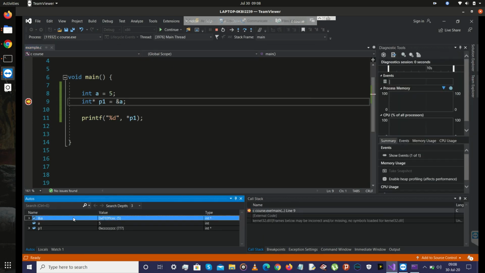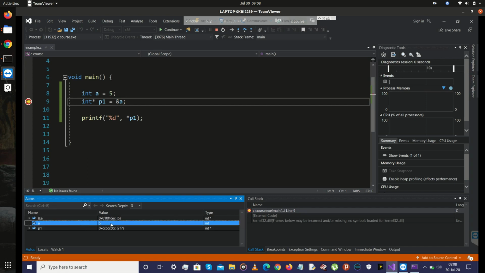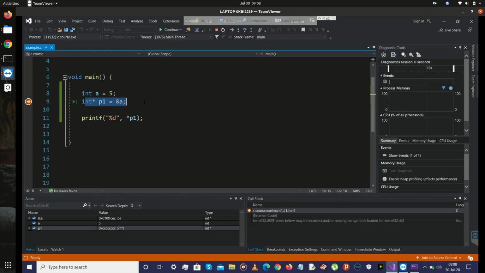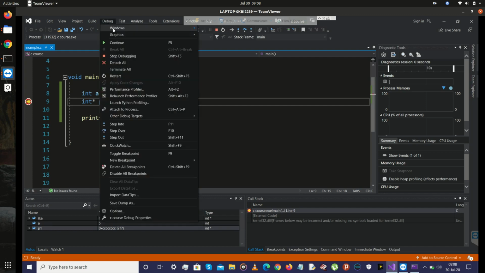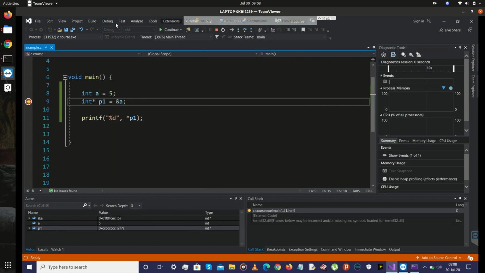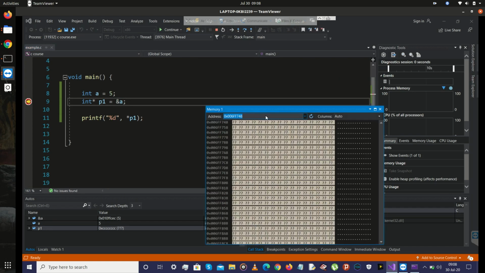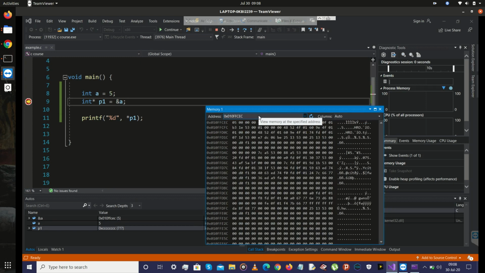Now you can see &a means the address of variable a, which is 010ffcec, and the actual value is 5, but the pointer value is pointing to something else because we did not execute this expression yet. Now let's execute this one. Let me also open the memory window, type &a here, and you can see the same value as here.